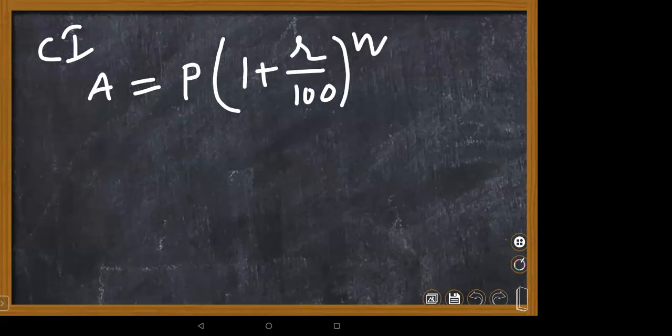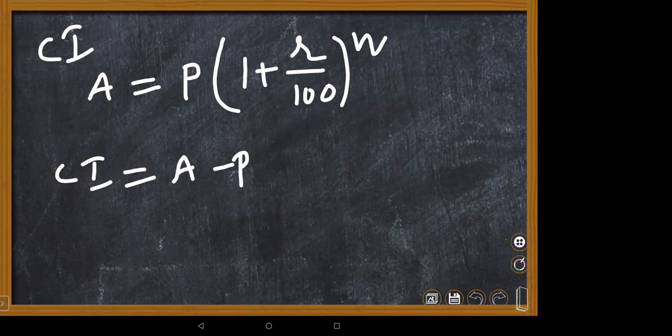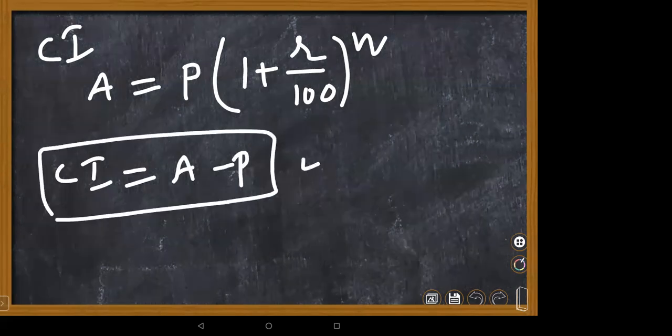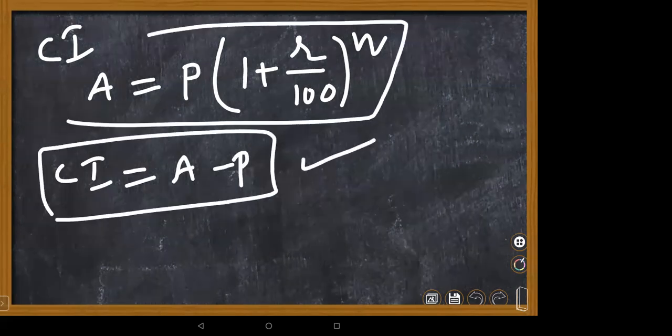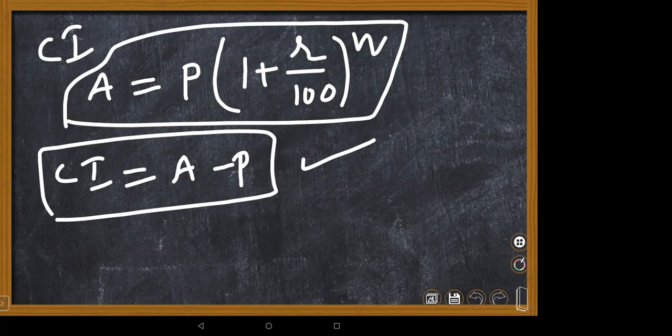So here we have some other questions. Sometimes if you want to find the compound interest, you do amount minus principal, then you will get the compound interest. This is the basic formula you're supposed to remember. But there are conditions they will give: the interest payable half yearly, annually or quarterly. Such questions are given, and you have to calculate the interest value accordingly.